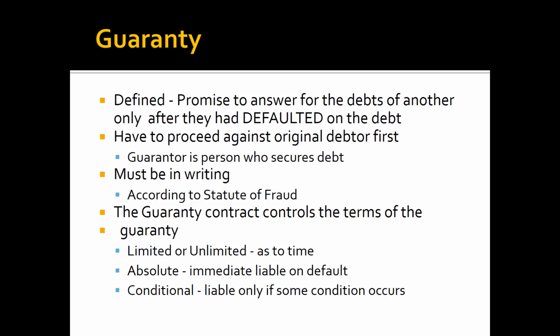Now, guarantees have to be in writing. Realistically, so are suretyships, but they have to be in writing. One of the things about guarantees is they can be limited or unlimited. So it can be, all right, I'll guarantee payment for the first year. They might say, okay, well, that's good enough. He pays the first year, we're happy. It could be an absolute guarantee, immediately liable if there's a default, or it can be conditional, not if such and such and such happens. So again, since this is more a contract, you can shape it in almost any way you want.